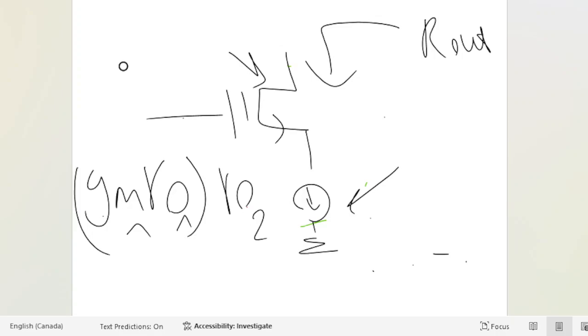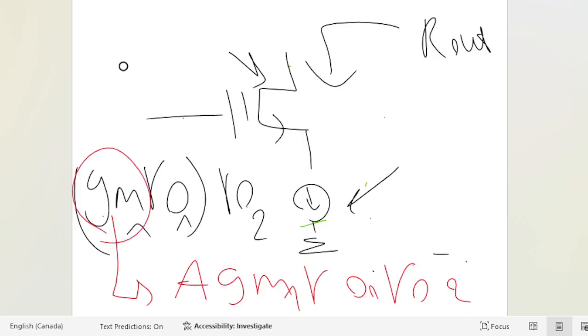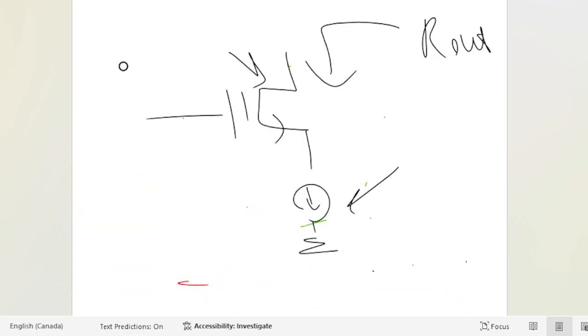So when we add regulated cascode, what is happening is the GM is increasing, so R out becomes the boosted GM times RO 1 times RO 2. So we increased the GM, we boosted the GM, and this is the reason that using regulated cascode we can also have a higher output impedance. This is very important, so we can use it in both ways, to have a high output impedance or a lower input impedance. But forgetting about the equations and everything, and just relying on